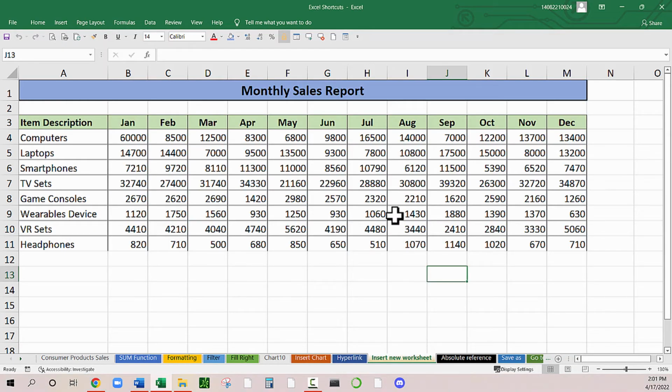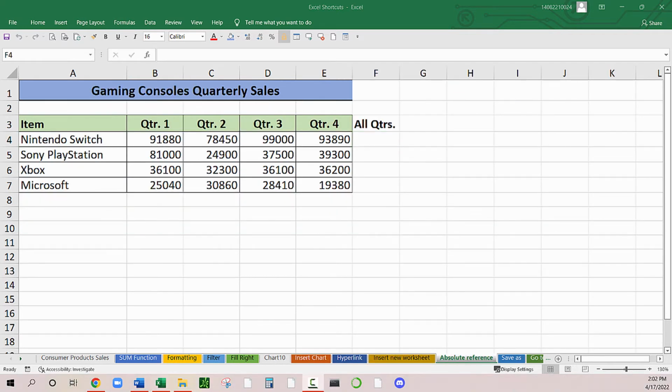The next shortcut is the absolute reference. Click on sheet absolute reference. An absolute reference in Excel refers to a reference that is locked so that rows or columns will not change when copied. So in this example, I have gaming console quarter sales, and then I want to calculate 10% from the total. First, I'm going to click right here, and I'm going to highlight the entire rows and hit,